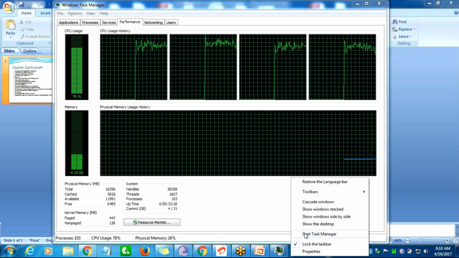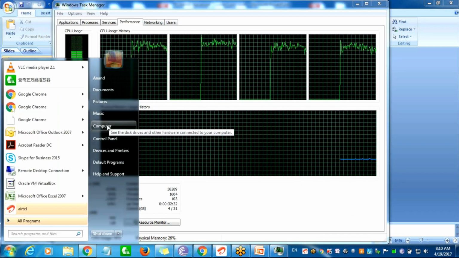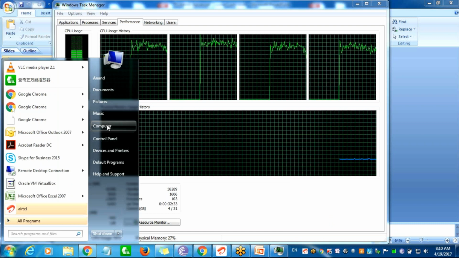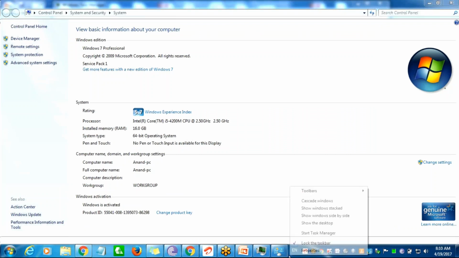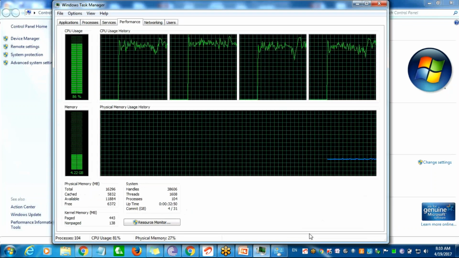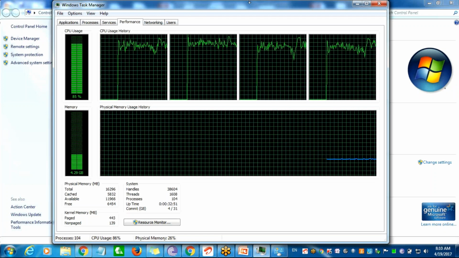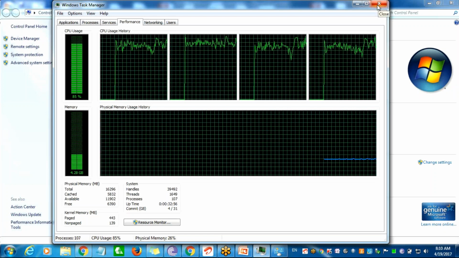Can you see my screen now? No, I just can't. Right click here, go to start, the Task Manager. Hold on. I can't see your screen. What happened? Windows start button is there, no? From there, just, no, hold on. I think I lost your screen. Okay, I see your screen. Hold on. Yeah, that's it.